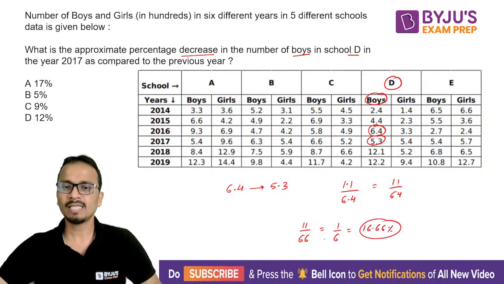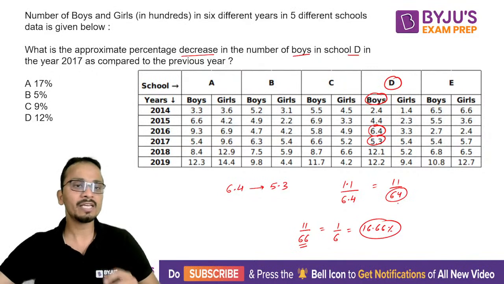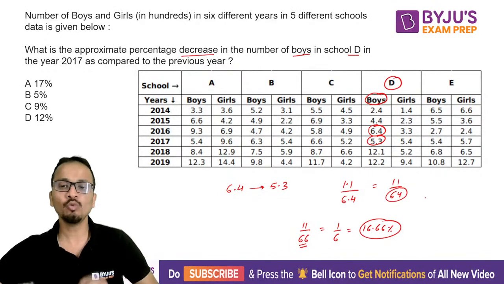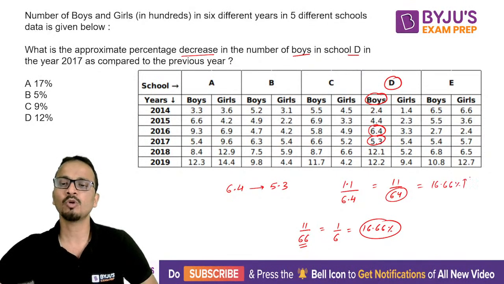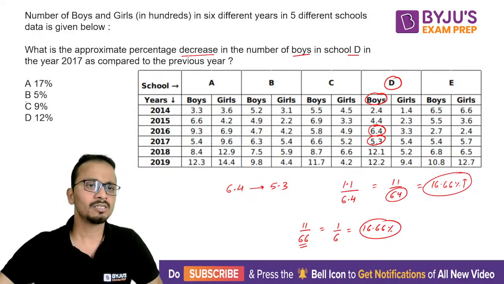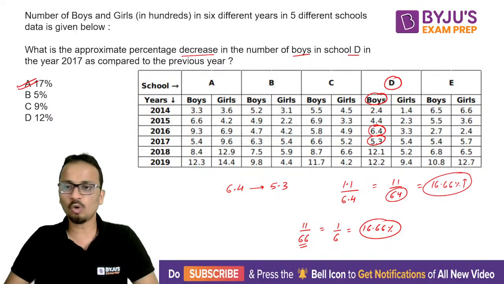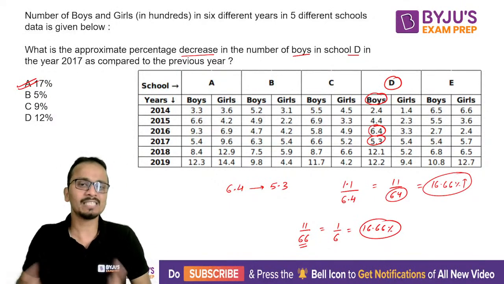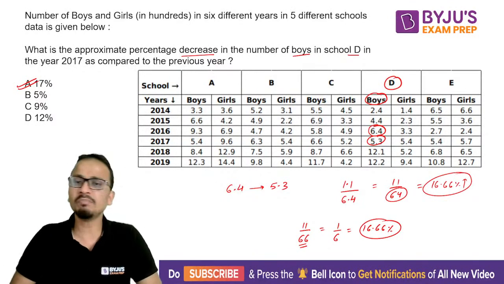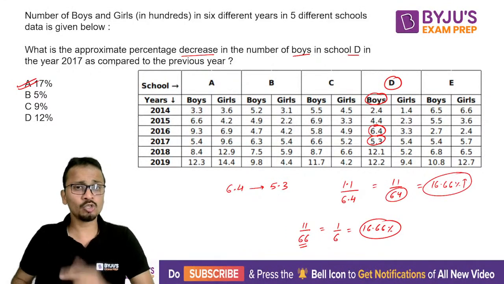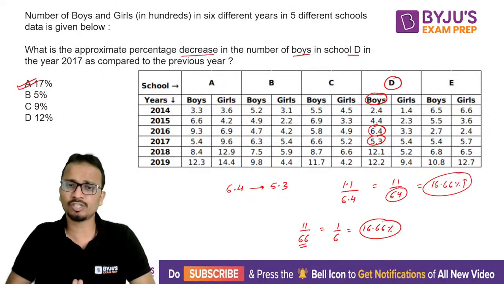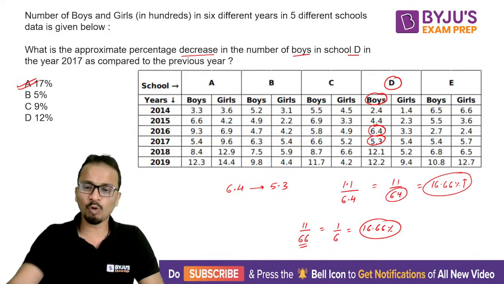Okay, but the actual denominator is lesser as compared to 66. So if the denominator is decreased, then the value will increase. So this answer will be more than 16.66 percentage. Okay, and there is only one option that satisfies this, which is 17%. All right, so 16.66% से ज़्यादा होना चाहिए answer, and there is only one option, that is 17%, which we can safely mark and move on to our next question. I hope you have understood the way I have got the answer for this question, right? Okay, let's move on to our next question.